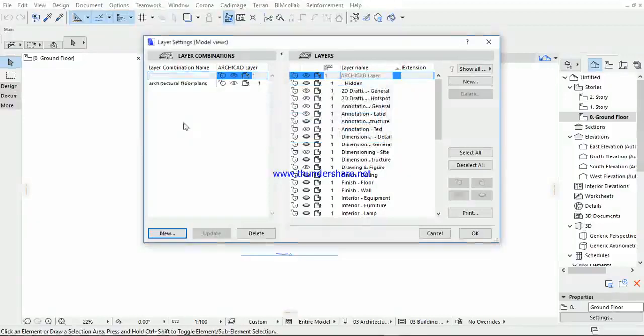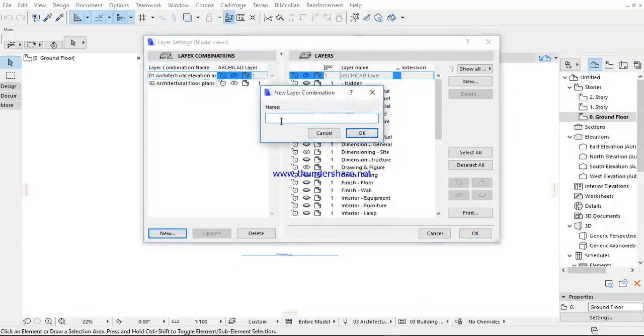Elevations and sections, and then I can still number them if I want to. I can say okay, this is 01, this is 02, and say okay, let's say I will still want to render this job, right? So there are some components I will have to work with. I'll say let me create another layer, which is 3D model,